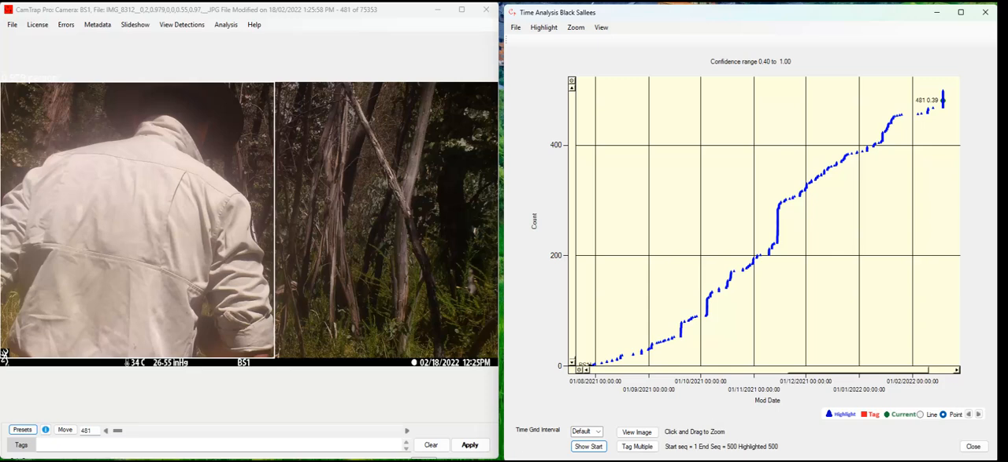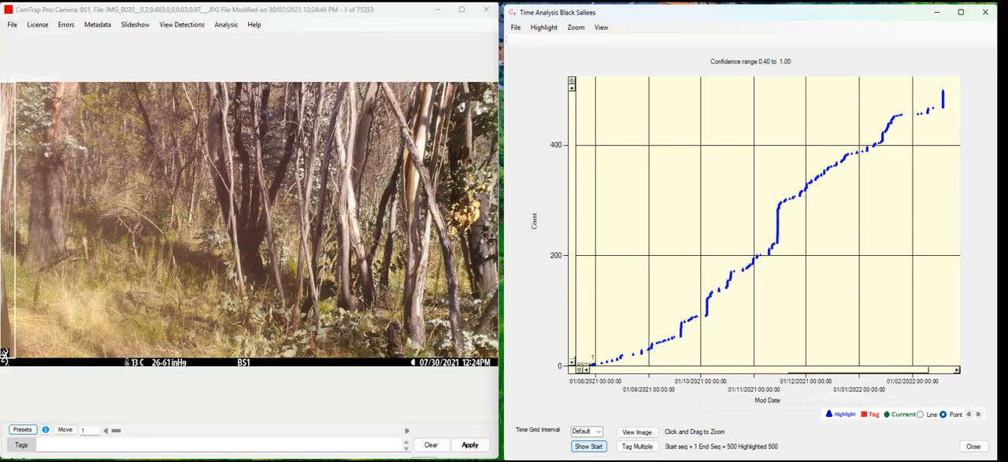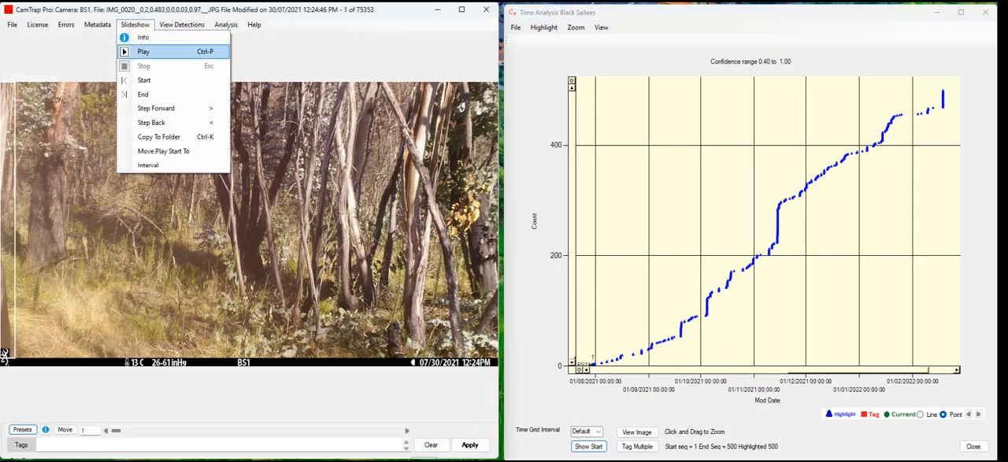So we're going to review this data by slideshow, as trying to highlight all the groups of detections, and then assign which animals they are would be very time consuming. So we'll go back to the start and start a slideshow, which we can do by selecting from the slideshow menu, start, and you can see that Control P will both start and pause the playing. So we'll start it,